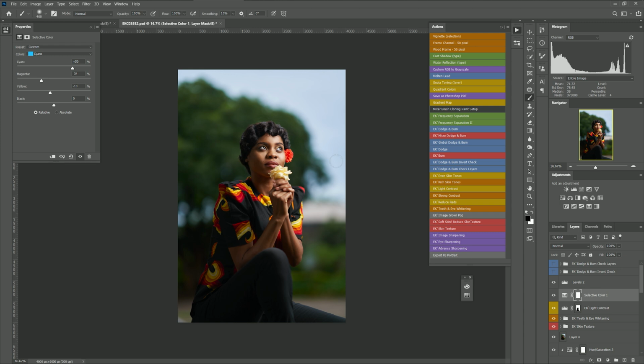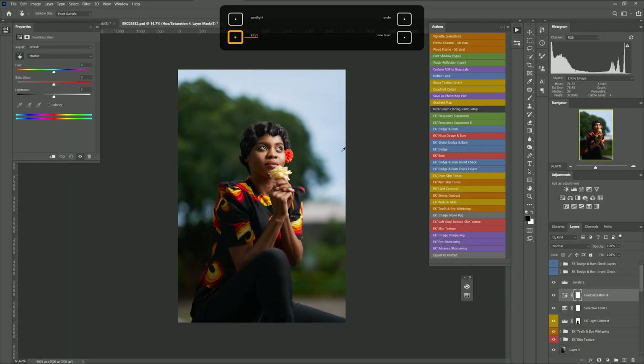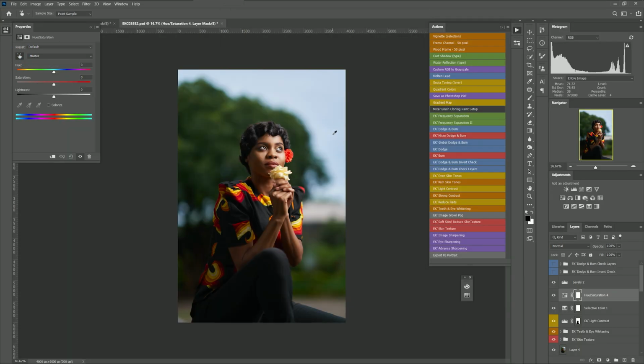So if I want this blue to stand out again, I'm going to go to adjustments, and then I'm going to select the hue and saturation here. And then I'll use this hand tool here. I'll click on it. I'm going to select a color in the photo like so. So hue and saturation is telling me that the color that I've selected is in blue, and then I'm going to slide this hue and saturation. Maybe if I want to change the color of that, I'm going to slide it like that,